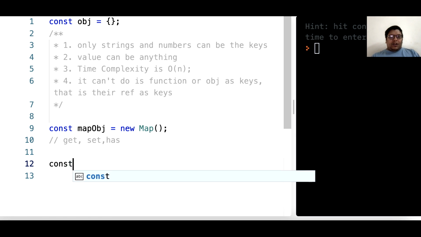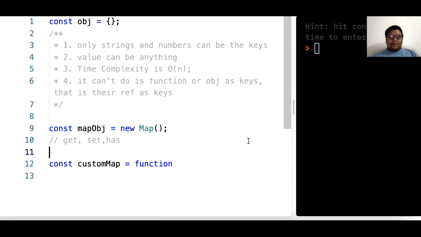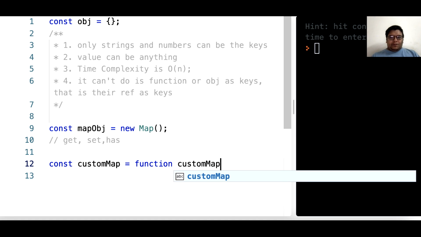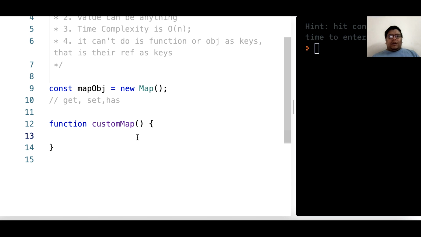How about we start by writing our custom map class. We are not initializing anything.